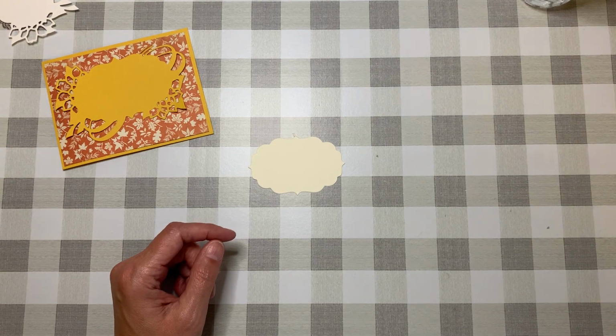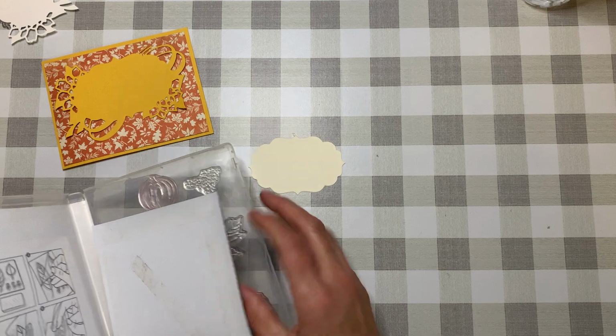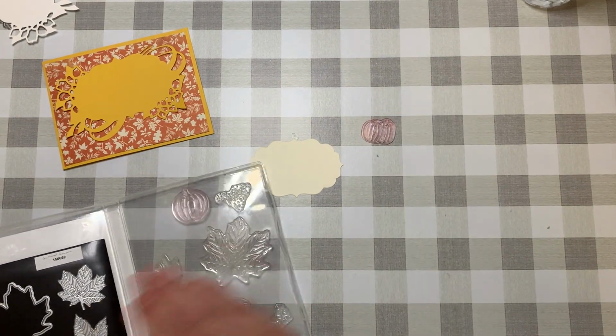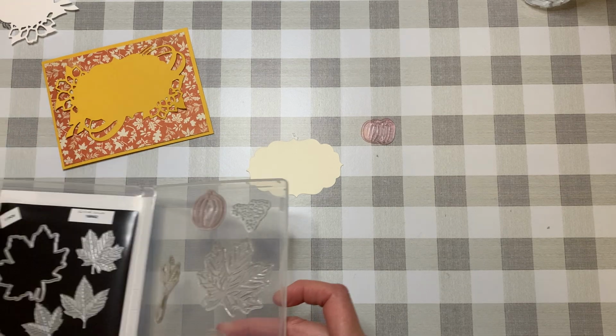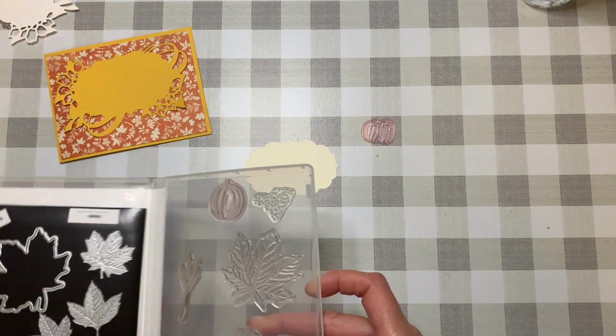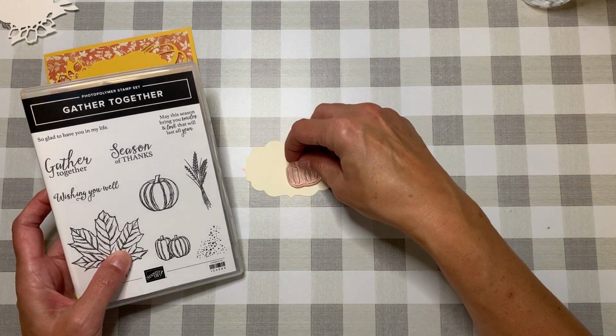I do have the Gather Together stamp set, and I gotta tell you, I am a huge fan of the pumpkins, the double pumpkins. That's not staying. Usually I have this secured. I'm not sure what's happening. That didn't want to stick. That's okay. And then, so let's see, if I put the pumpkins over here,